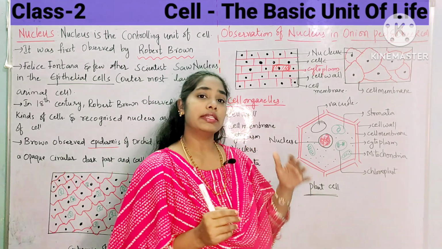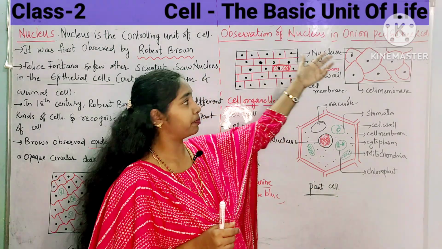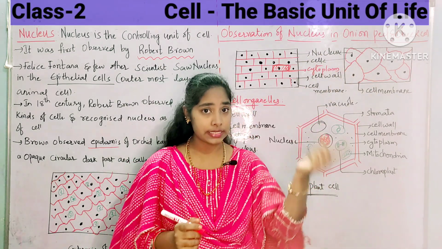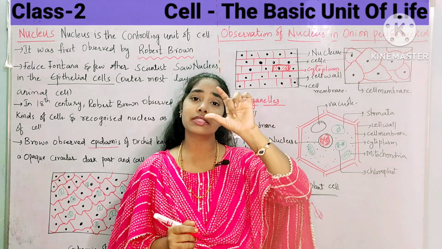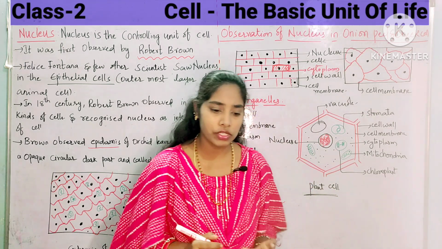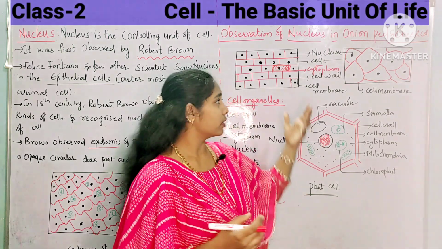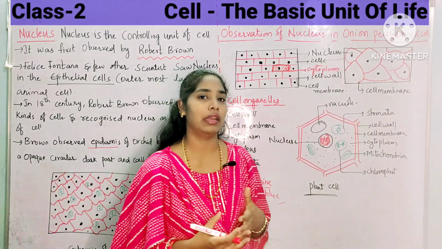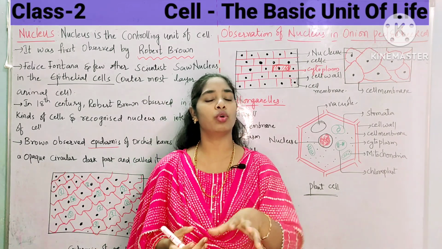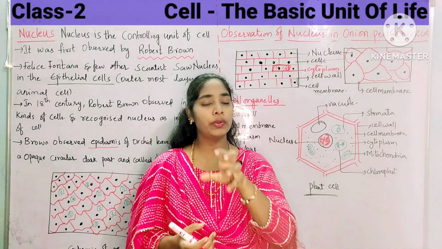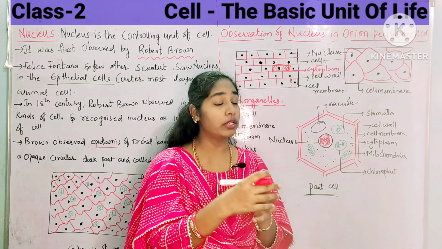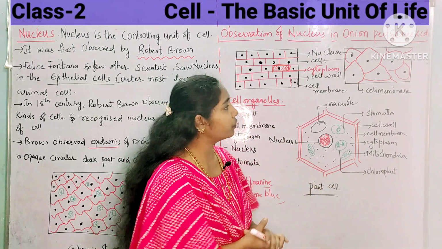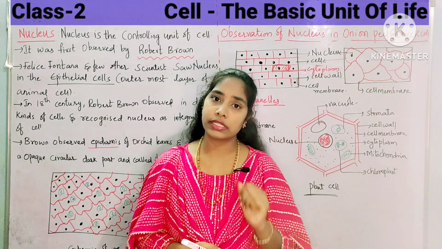Children, if you observe, the second activity which is given after onion peel is the cheek cell. The same activity we will do, but in the last activity we didn't use any staining agent, right? A staining agent is nothing but using some colors. These cells are very transparent, they don't have a proper color, but if you use some color, the cells will take that color, and the organelles will be seen in such color. It will be easy for us to identify. So for that reason, here you follow the same procedure.